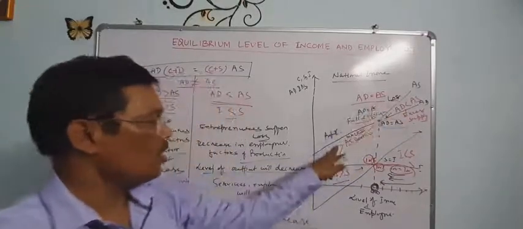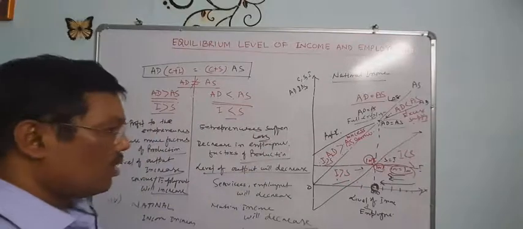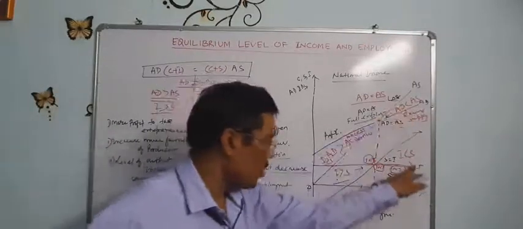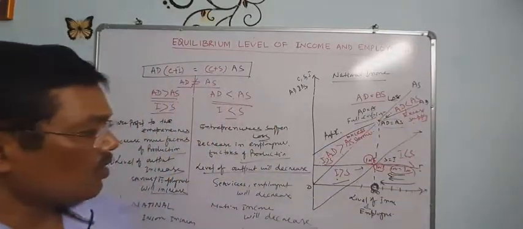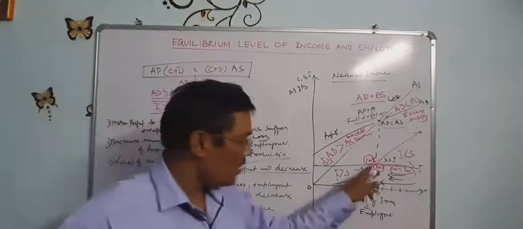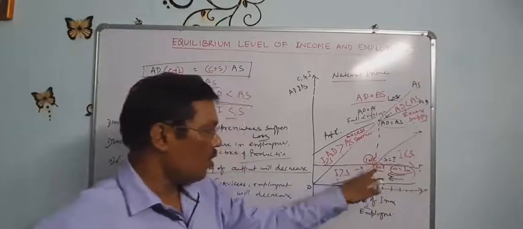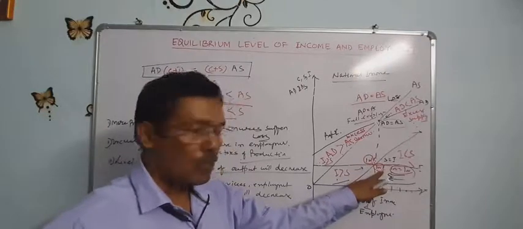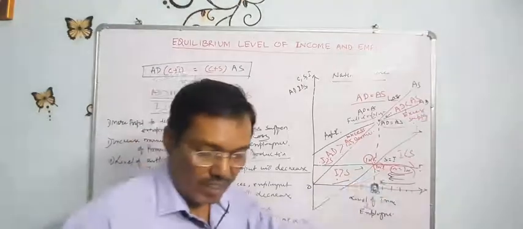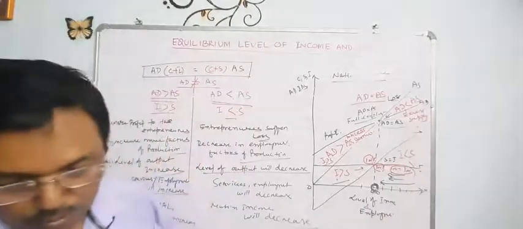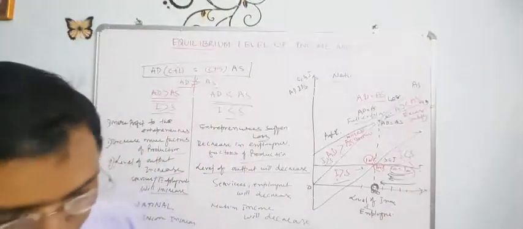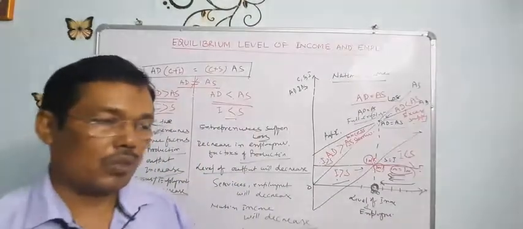If this situation, what occurs? If that situation, what occurs? And how to solve this situation? At the full employment situation, saving and investment are equal, that is 100 crores of rupees equal to 100 crores of rupees. So that is the analysis of the equilibrium level of income and equilibrium level of output.